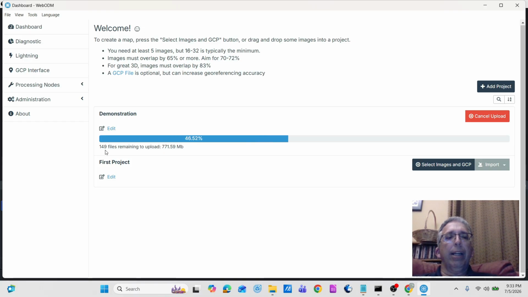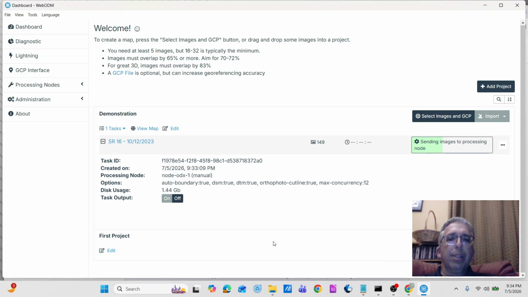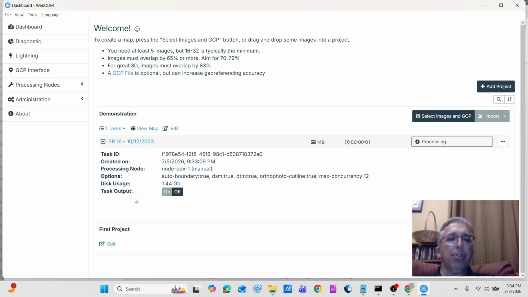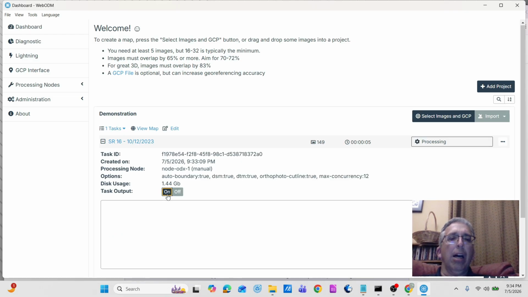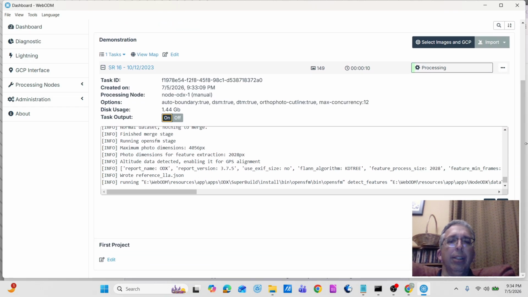And there are 149 images in this project, so it takes a little while. When this process of loading the images up completes, now it will continue by sending images to processing node. This is just details that you don't need to worry about. At this point, you'll see a task outputs toggle button, and I would recommend switching this to on, which will tell you a running log of what's being done in the processing as it runs the